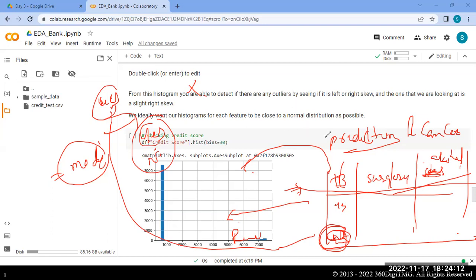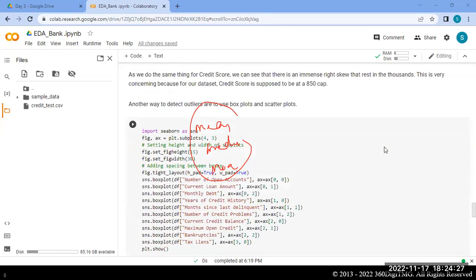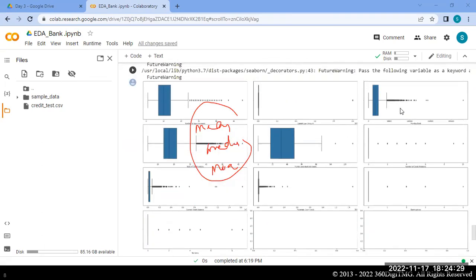But most of the time, we will be using these imputation techniques as well: mean, median, and mode. So here we have so many extreme values, right? When you observe this data, so many extreme values are there. Extreme values in the sense, all are outliers.